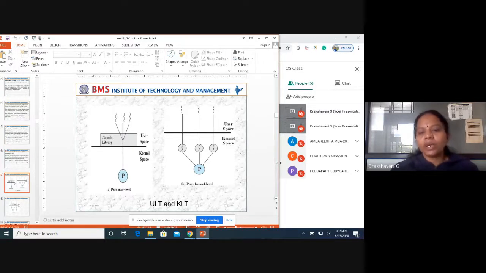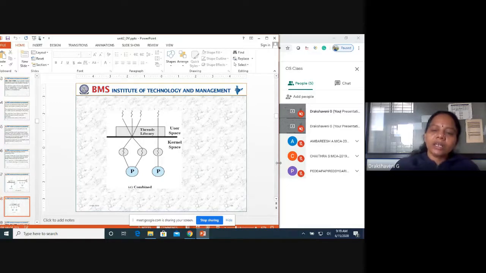Here you can see pure kernel level threads: the operating system, and three different threads are created in the kernel. In the first diagram, threads are created in the program or user space, whereas in the second diagram they are created in the kernel itself.